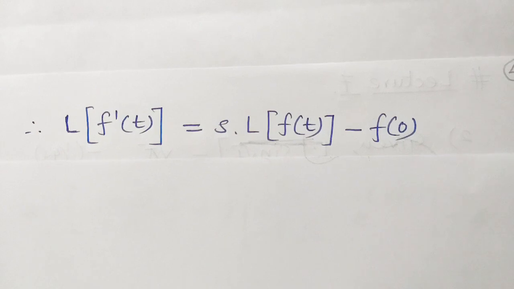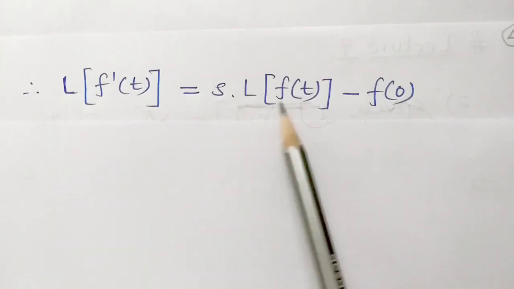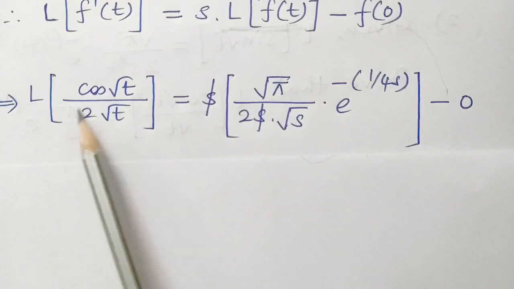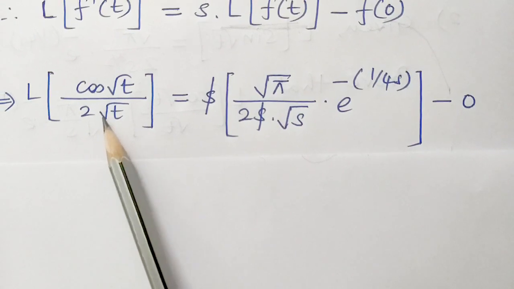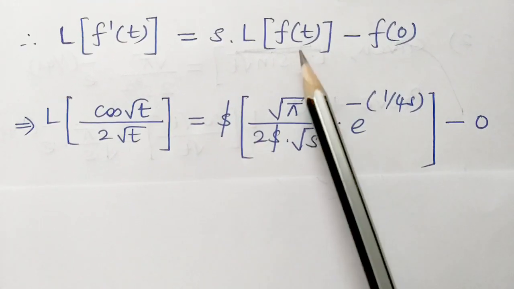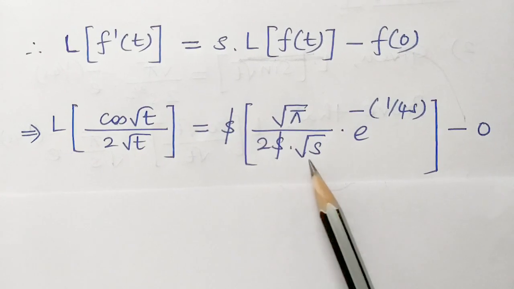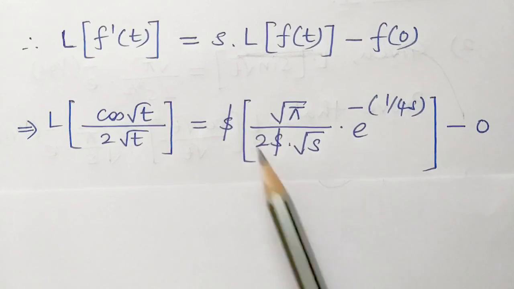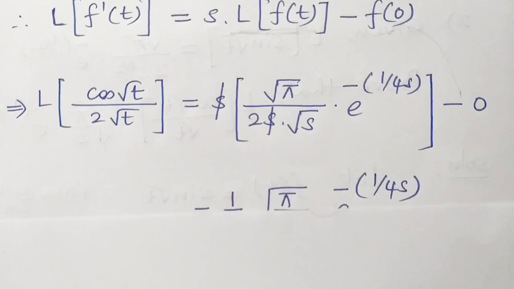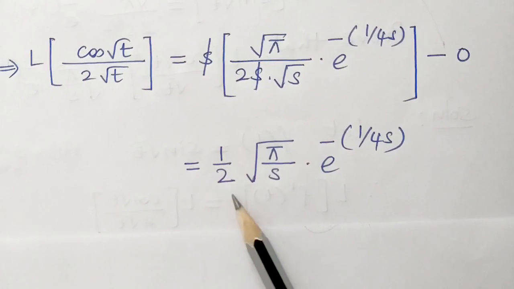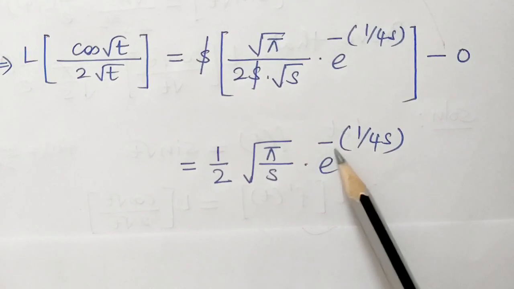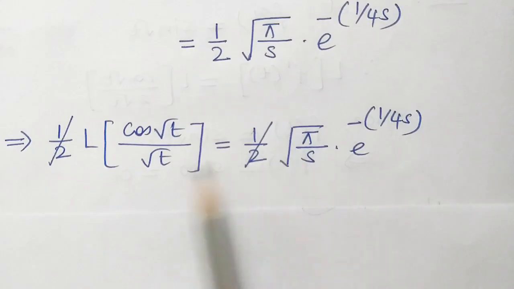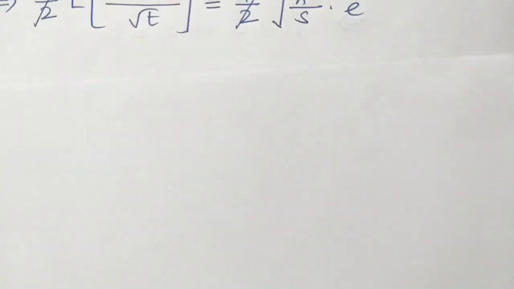So Laplace of f dash of t is s L of f of t minus f of 0. On the left hand side, we obtain Laplace of cos of root t divided by 2 root t, which is equal to s as usual, times f of t as root pi divided by 2s under root of s, e to the power of minus 1 by 4s, minus the value of f of 0 as 0. So we may cancel s here. And further, the simplified form of this step is 1 by 2 under root of pi by s, e to the power of minus 1 by 4s. So finally, the 1 by 2 will get cancelled here for further simplification, and the final result is